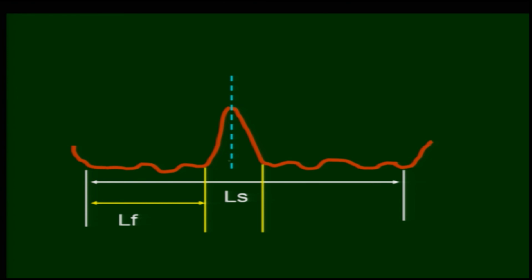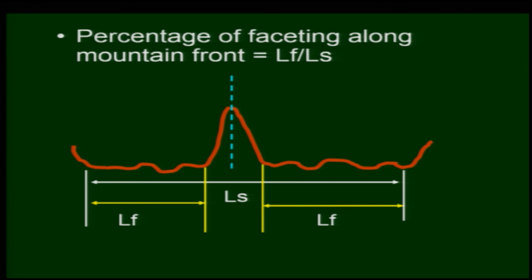You can have the divide here between the drainages, and then you can have the left front and the right front, and that can give you the percentage of dissection. With the help of LF by LS, you will be able to calculate the percentage of